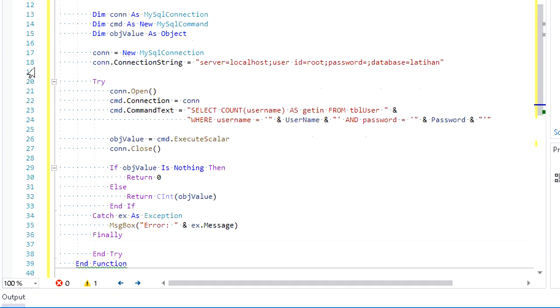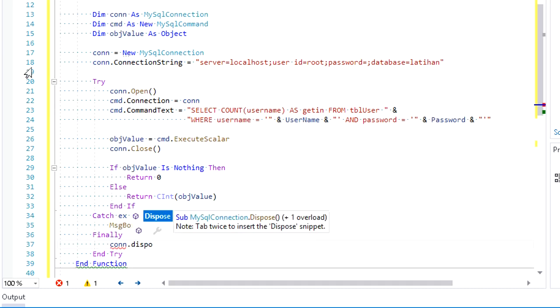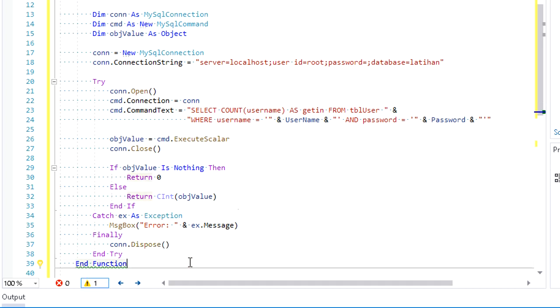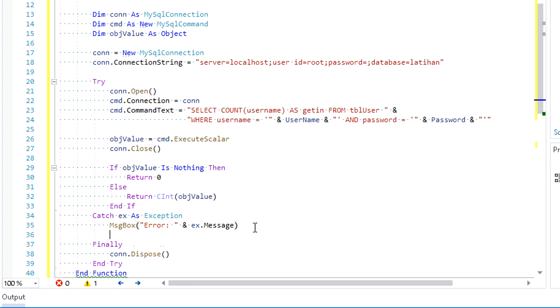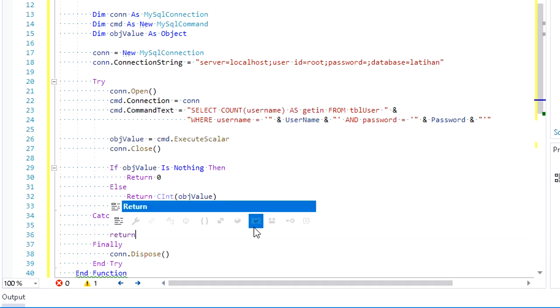And under finally, we add con.Dispose. One more thing, this End Function has a warning underline because one of the conditions doesn't have a return value yet. That is under catch exception, so let's add a return 0 here.